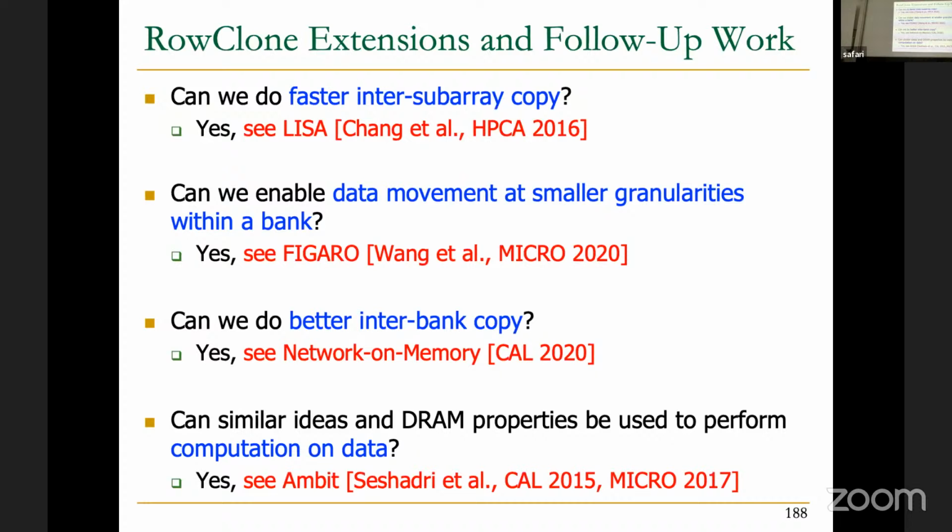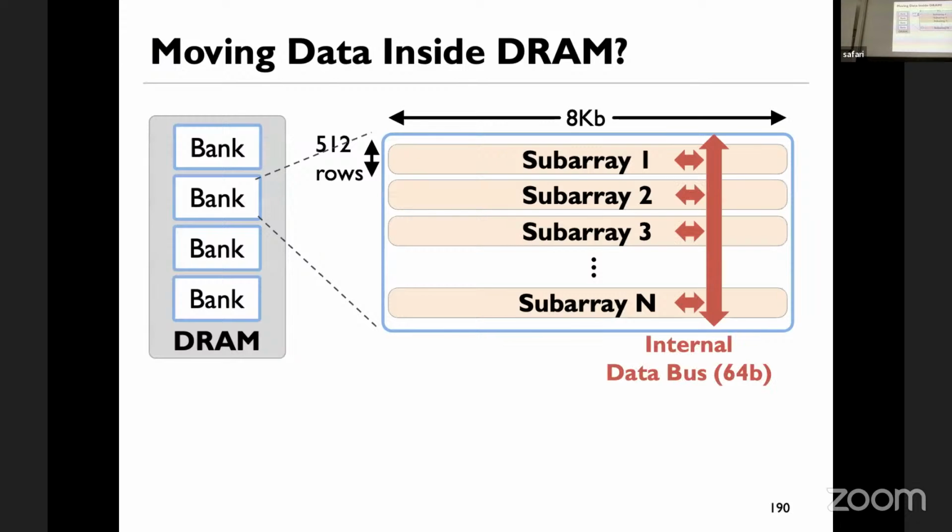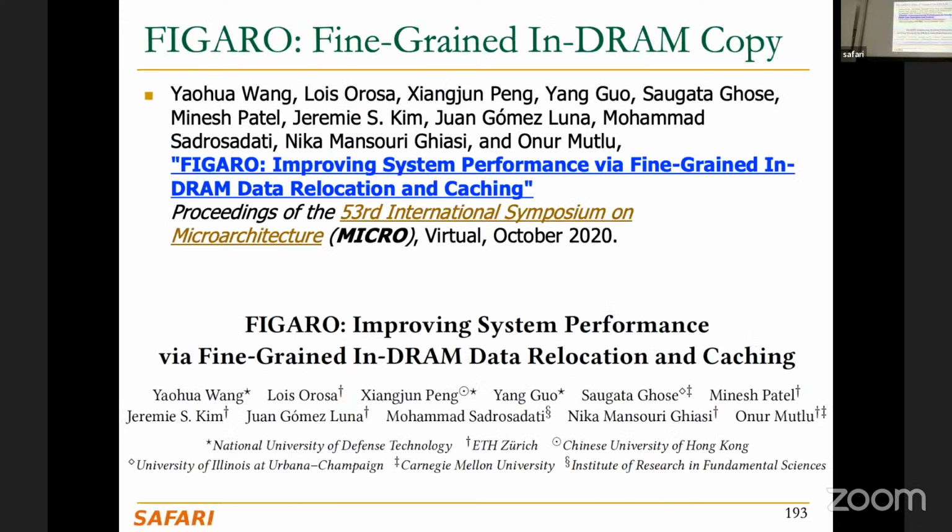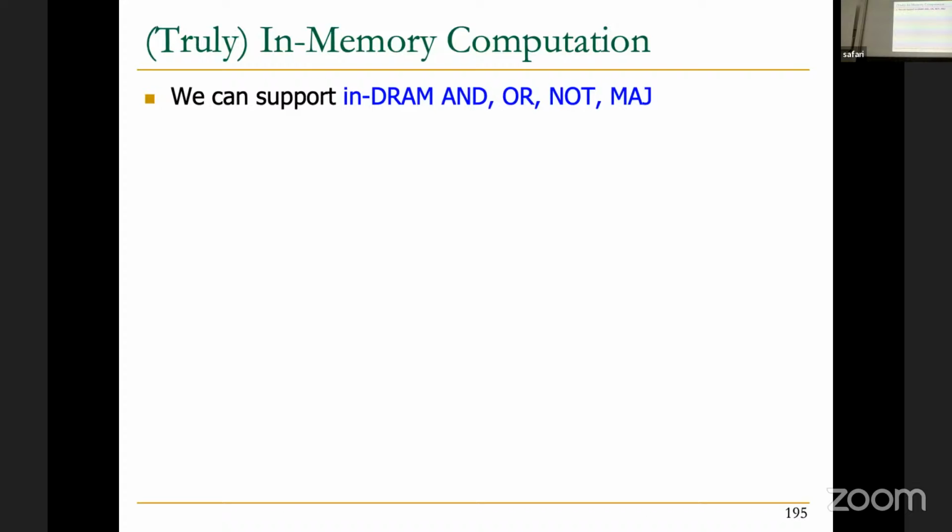So there are many improvements on top of these row copy and initialization operations from RowClone. For example, we can move data efficiently across different DRAM subarrays using LISA. We can enable data movement at smaller granularities using FIGARO. We can have better interbank communication, and we can do other computations as Boolean operations using Ambit. So I'm going to briefly skip LISA, and I'm going to talk about